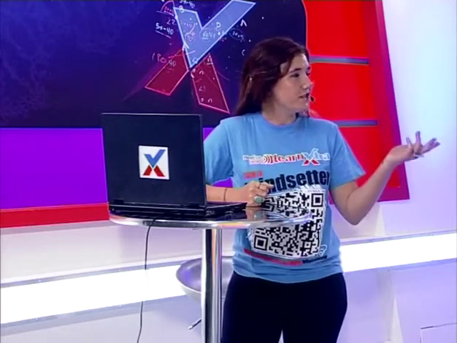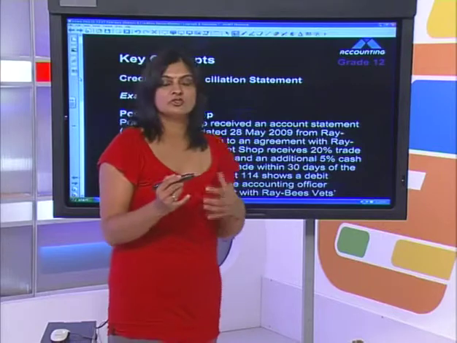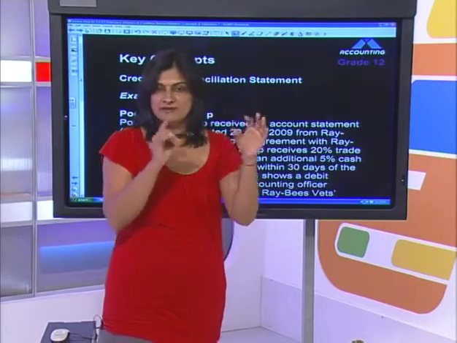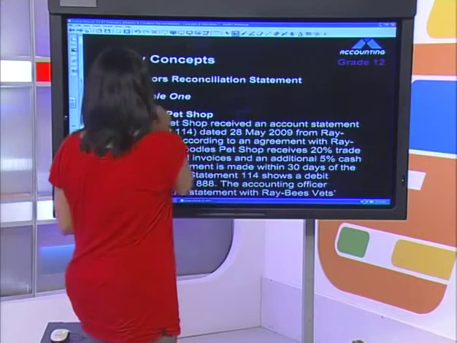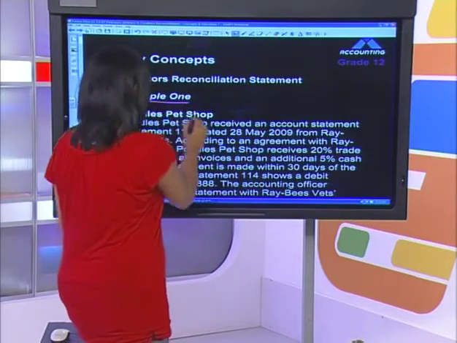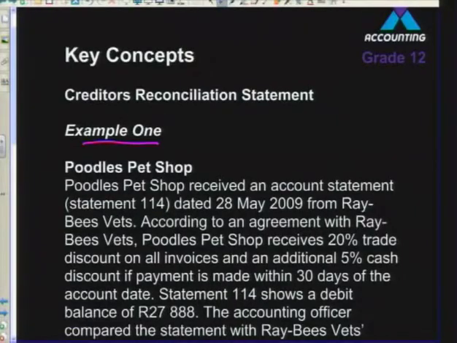Welcome back, guys. Let's get into some more revision. Over to you. Guys, we're now ready to move on to our first example on a creditor's recon. In other words, where the creditor's ledger balance is going to be different from the statement. So let's now look at this exercise. Example 1, Poodle Pet Shop. Poodle's Pet Shop received an account statement, statement number 114, dated 28th May 2009 from Ray B's